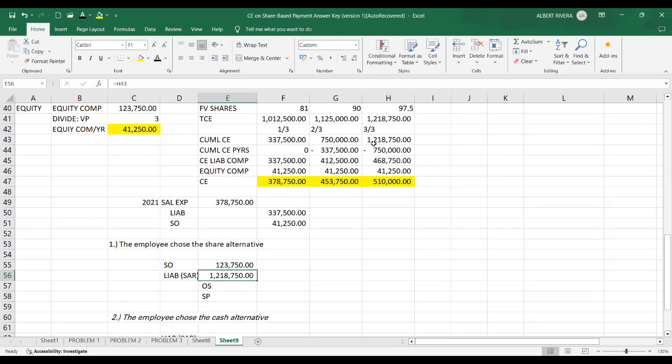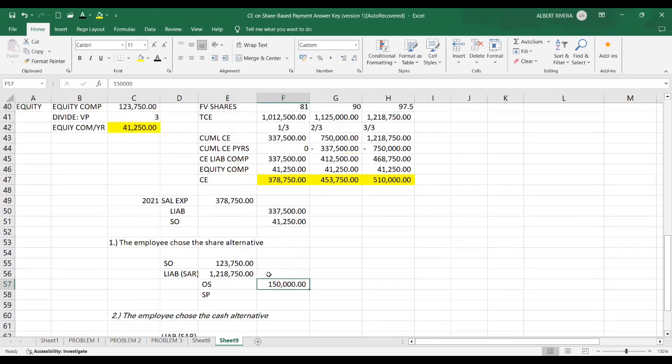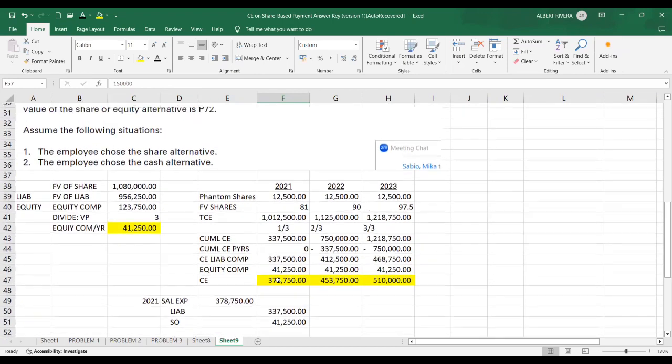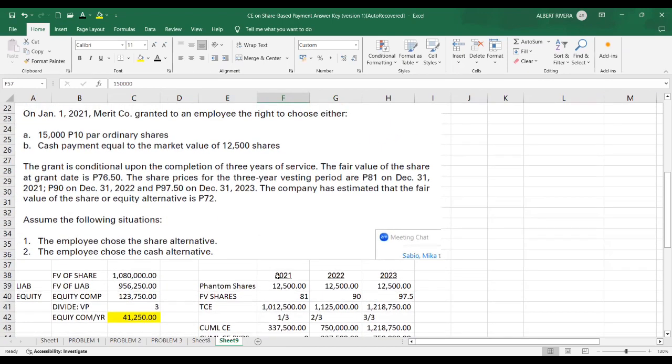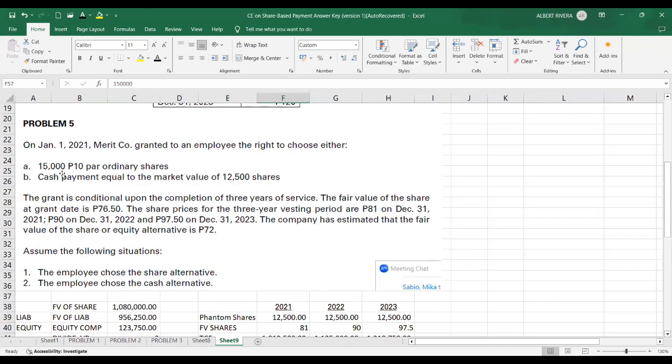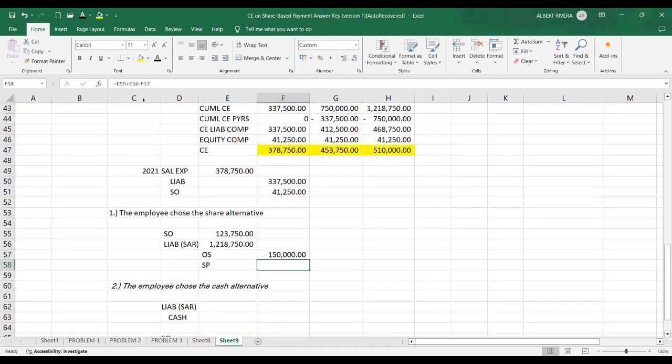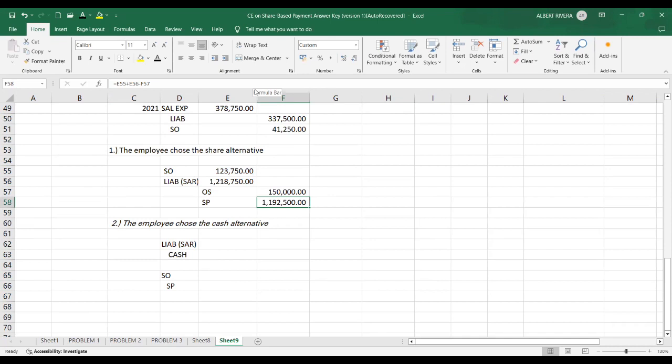The liability, because the cash was not used, 1,218,750. Ordinary shares, so this is what? 150,000 pesos, equivalent to the par value. And the par value of the share is 10. So that is 15,000 times 10, so that is 150,000. And share premium amounting to 1,192,500. If the employee chooses the cash alternative, so debit a liability of